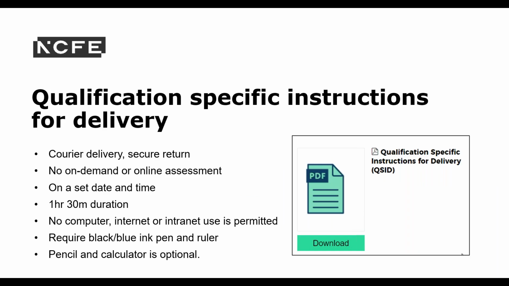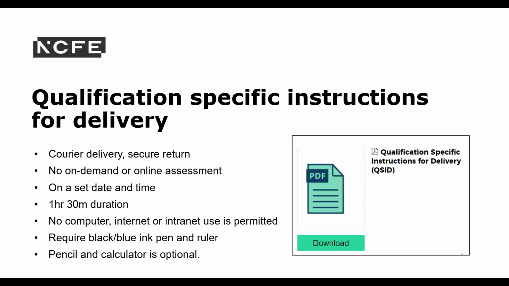This next document is the Qualification Specific Instructions for Delivery, or QSID, and it gives specific information for the different qualifications unless reasonable adjustments are in place. So for example, if the assessment needs to be invigilated or supervised, if the use of the internet is permitted, and so on. And for all subject areas in the Level 1/2 Technical Award, the same rules apply, which are: